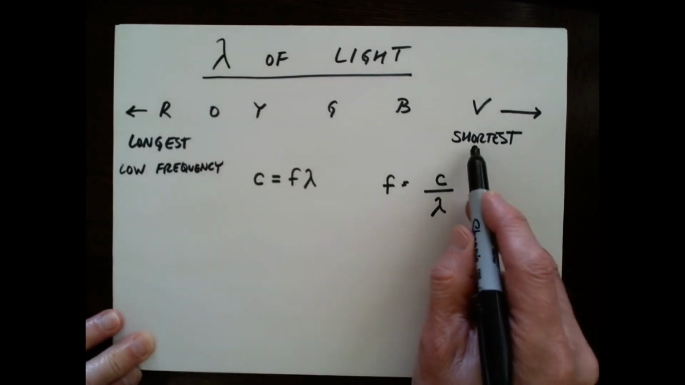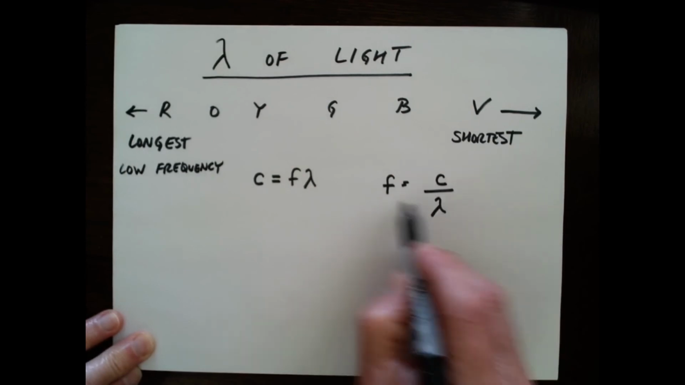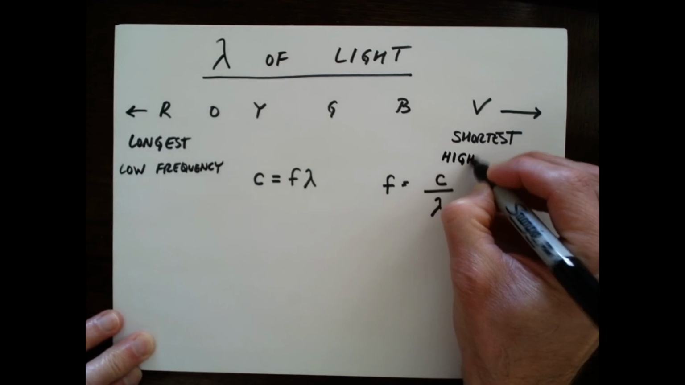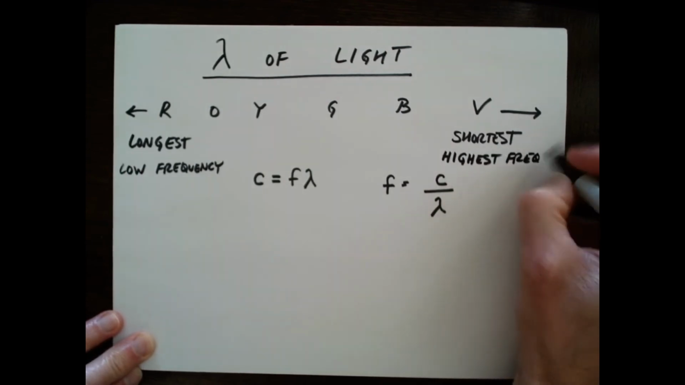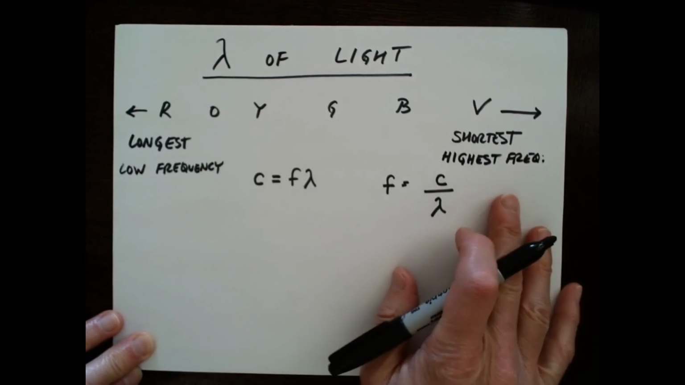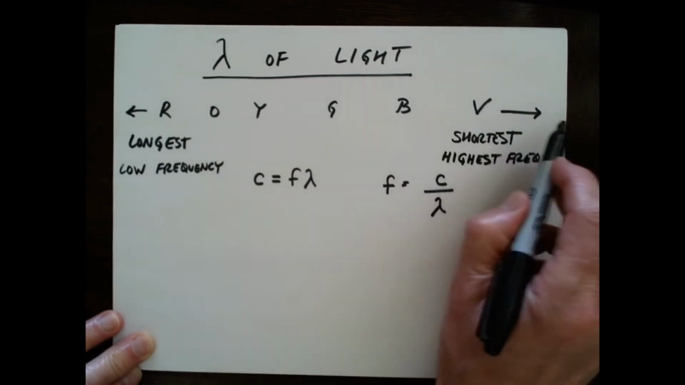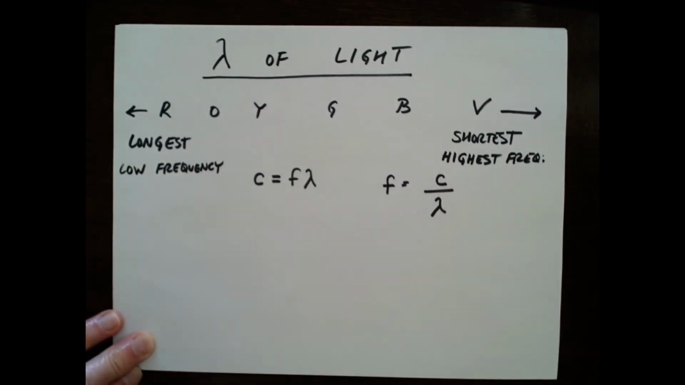On the other hand, if it's a short wavelength like violet light, if I'm going to divide by a small number, that's going to give me a big frequency. So violet light has the highest frequency of all the colors of light that we can see. There's higher frequency in this direction. There's lower frequency in this direction. But nevertheless,